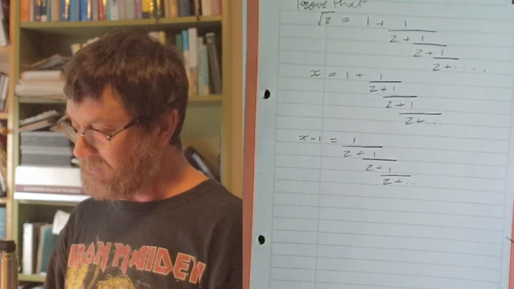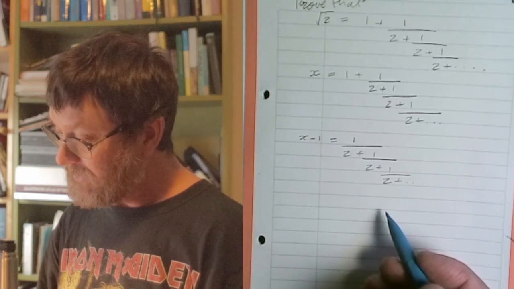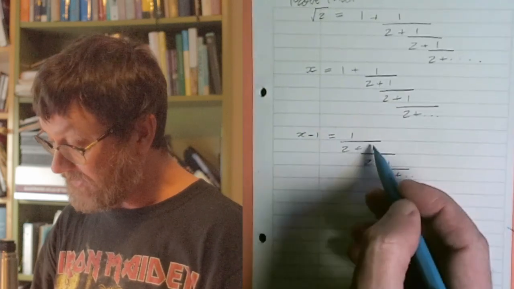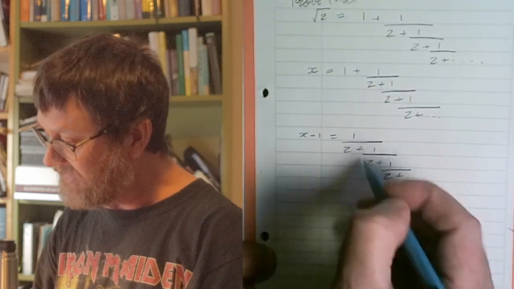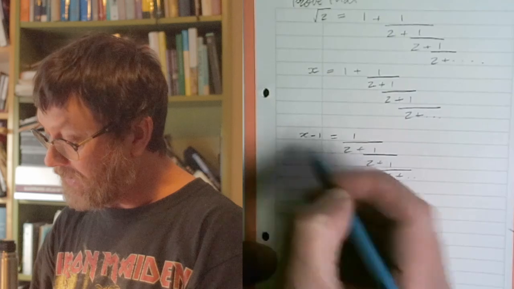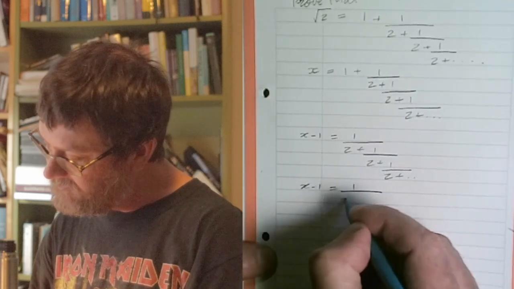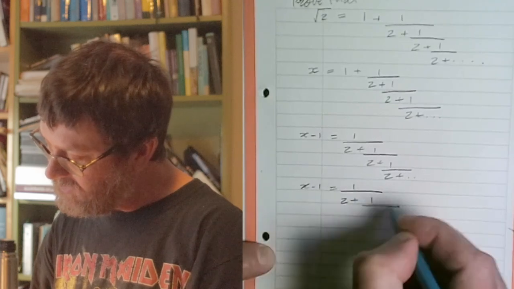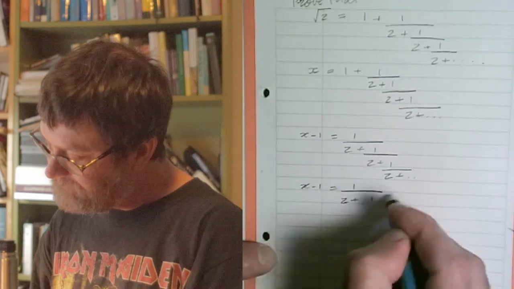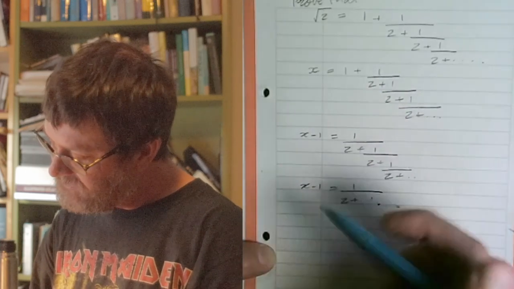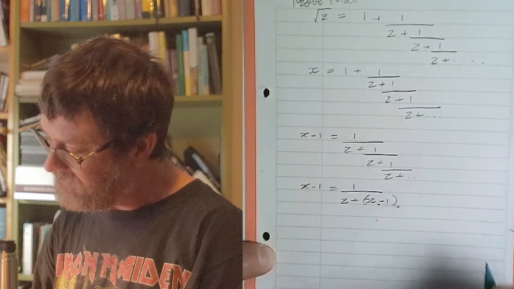And now we can make a remarkable observation that this whole continued fraction is, in fact, exactly the same as this subcomponent of the continued fraction. So we can replace this whole thing by x minus 1. Let's do that. x minus 1 equals 1 over 2 plus 1 over... No, we've gone too far. 1 over 2 plus x minus 1. Okay, now it gets